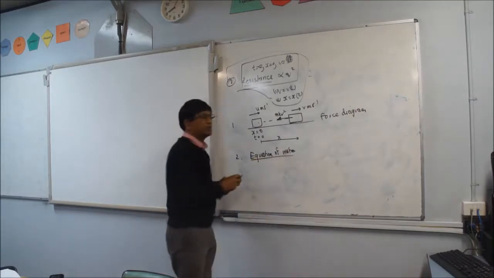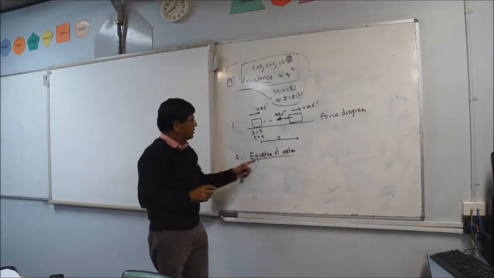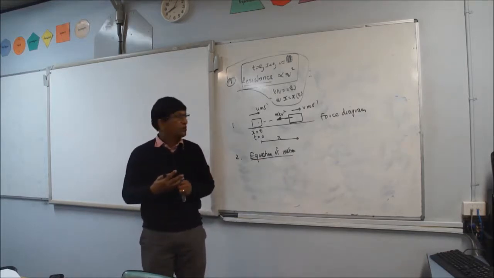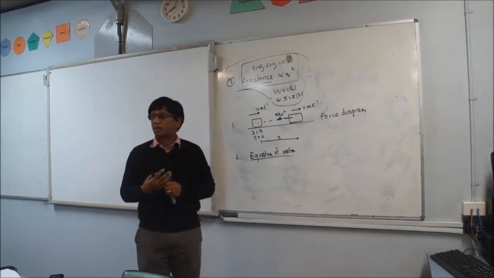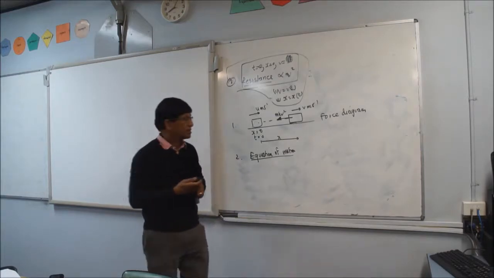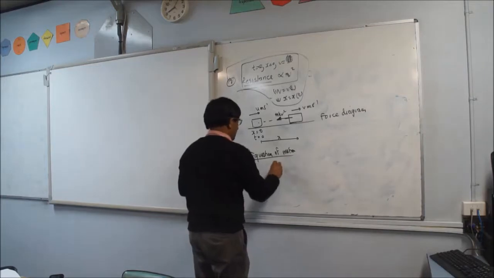Second is the equation of motion. When it's the equation of motion, we are going to use Newton's second law, which deals with vector quantities. So you need to show the direction in which you are applying Newton's law. So you will say,